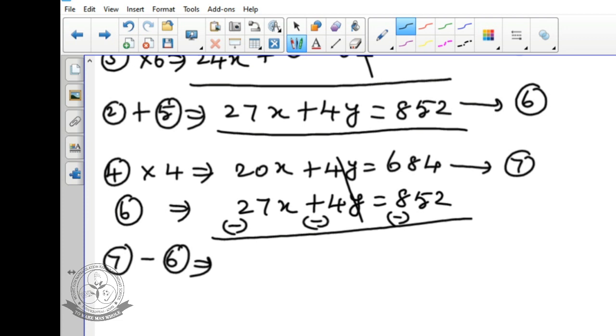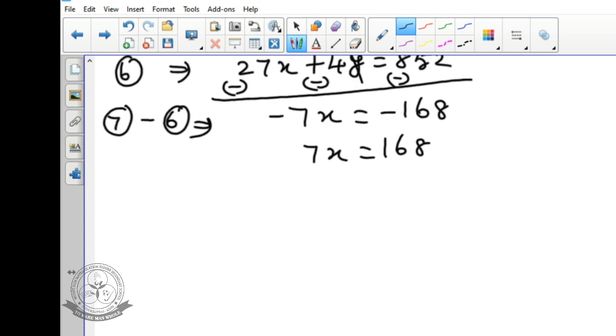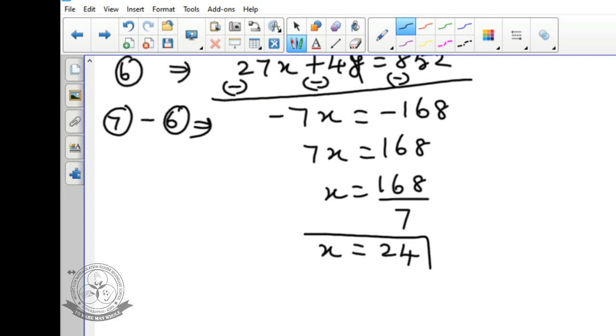20 minus 27x, we get minus 7x equal to, here also, minus 168. So 7x equal to 168. We need x, so x equal to 168 by 7. So x equal to 24. Now we have one variable, x equal to 24. Now we are going to substitute x equal to 24